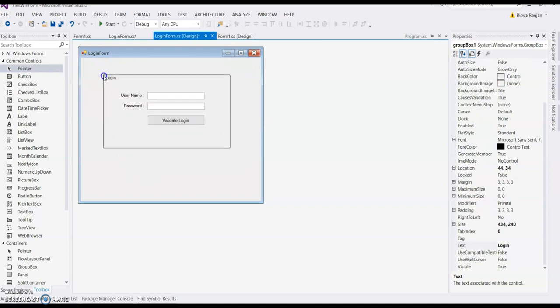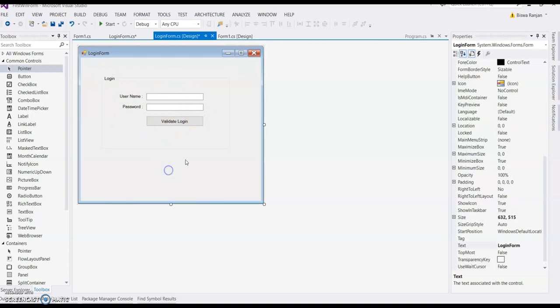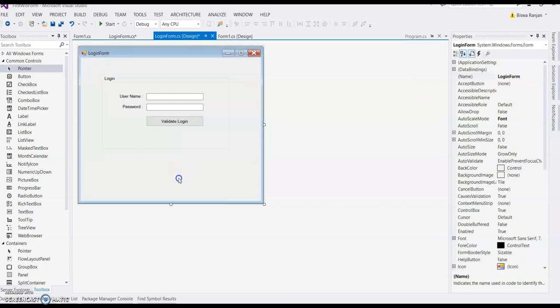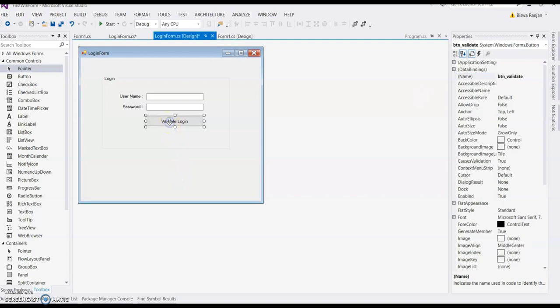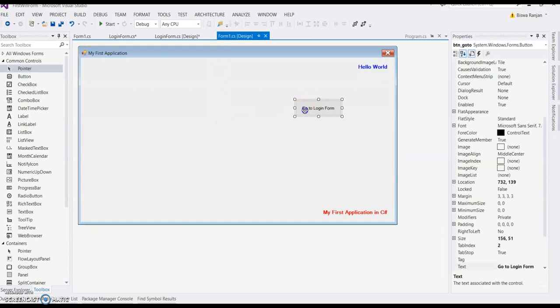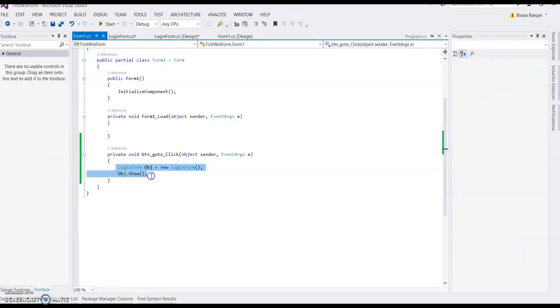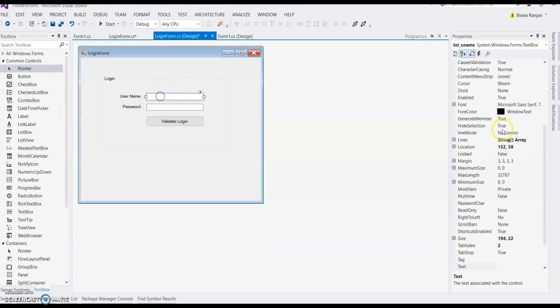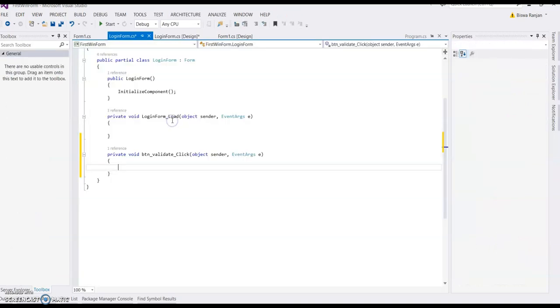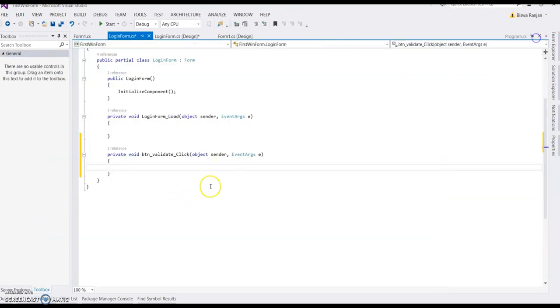It will create a container. You can directly drag everything, whatever the controls, inside it. So adding one event in this button, double click, just like we did in our first form. We are just calling. So in the login form, you can see the properties txt uname, txt pwd, password. So I'm adding the validation here.